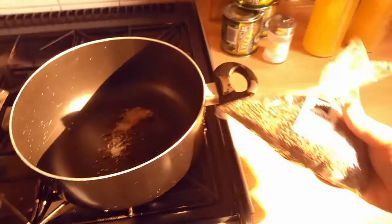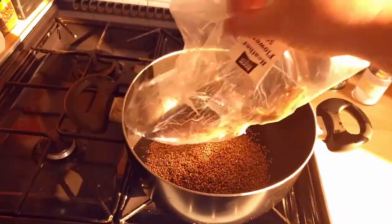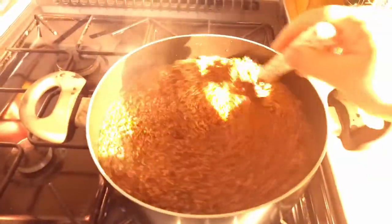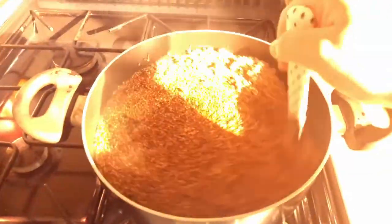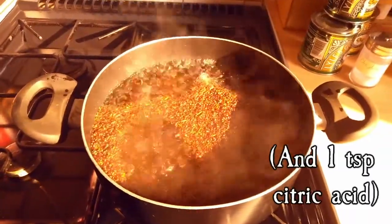I flavoured my golden syrup mixture using 50 grams of dried heather flowers which I got from the home brew shop. I poured boiling water over them and let them infuse as the mixture came to a boil on the hob. Then, just as before, I poured in 3 whole pounds of golden syrup, which is conveniently 3 tins. I was going to film that, but...